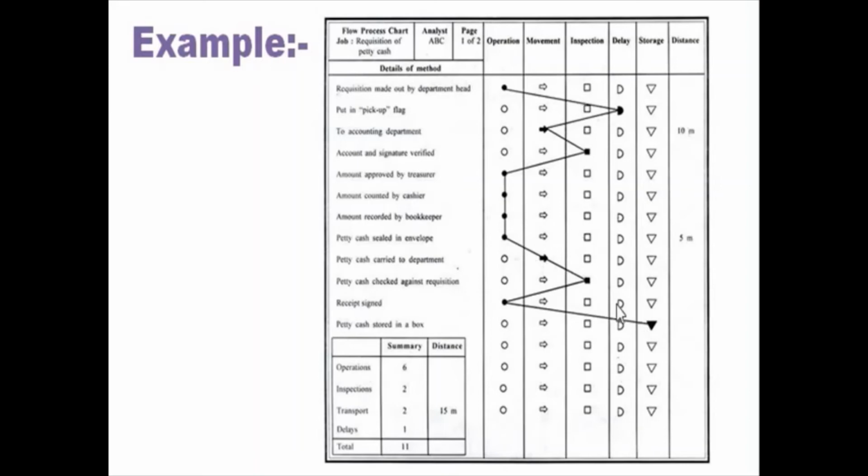So that way all these activities are connected to each other with the different symbols. Easily with one chart all the activities can be recorded, even the time for transportation and all the activities required can be recorded. So it can be optimized properly, that is the aim of this particular flow process chart.